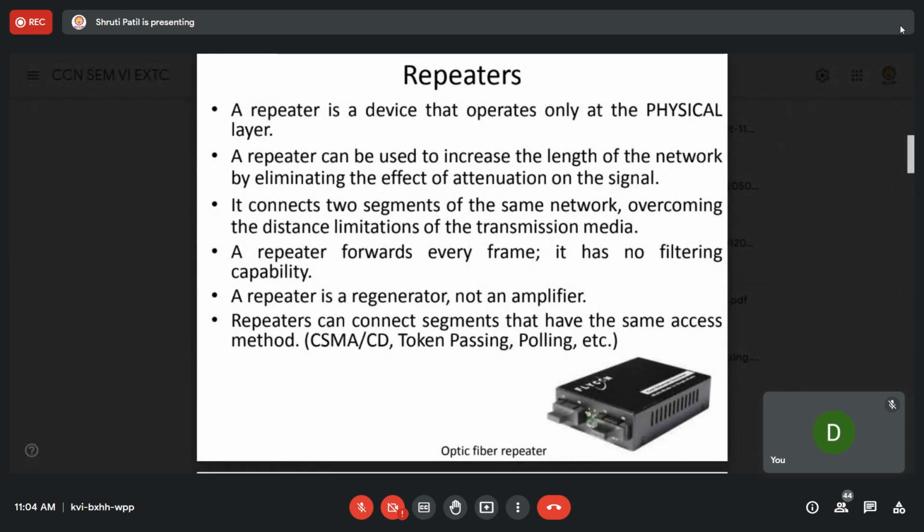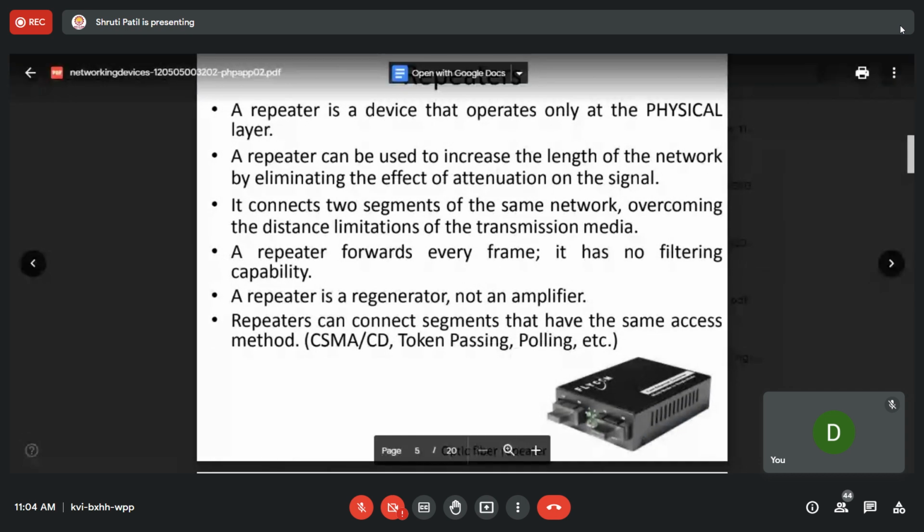Say for example till a certain length it will transmit that electrical signal properly. After that noise जो है वो ज्यादा हो जाता है and attenuation of the signal occurs. So at that point you need to collect that particular data, remove the noise and amplify the original data और उसको retransmit करना पड़ता है. So जो length of the network है उसके ऊपर डिपेंड करता है.